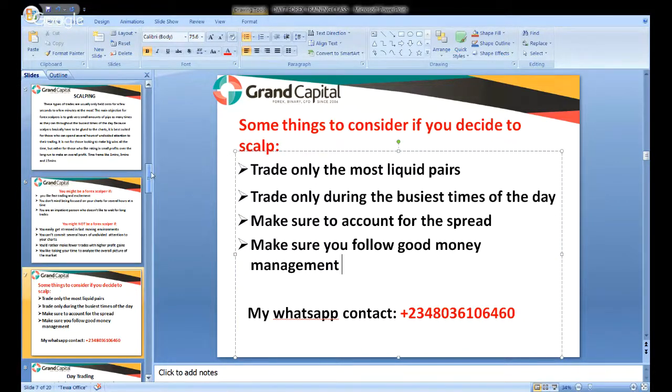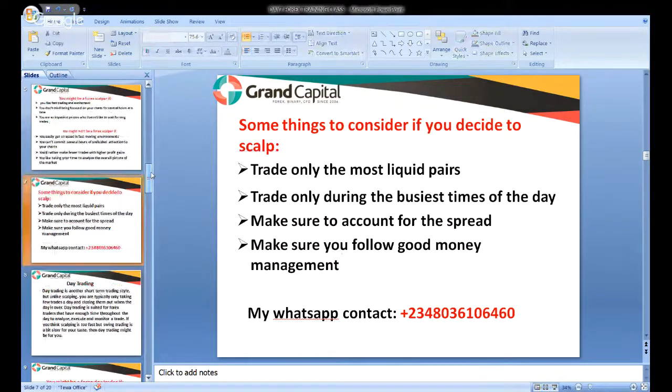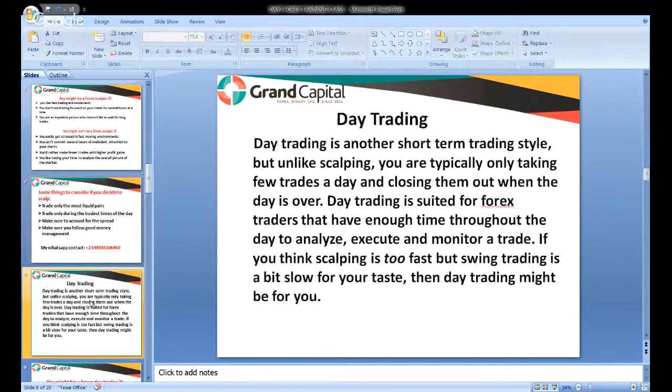So now we move to the day trader. Now we talk about the day trader. A day trader is just another form of short-term trading. It's not a long-term trader and it's not scalping. It's also short-term trading, but it's basically trading on a few trades. Just as I've said earlier, it's not how many trades you traded that determines your profit at the end of the day. As a day trader, you have time,